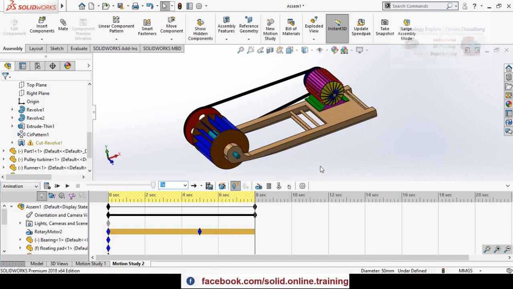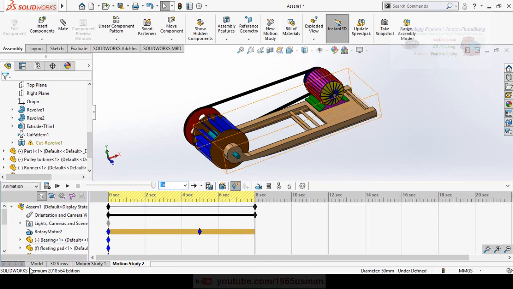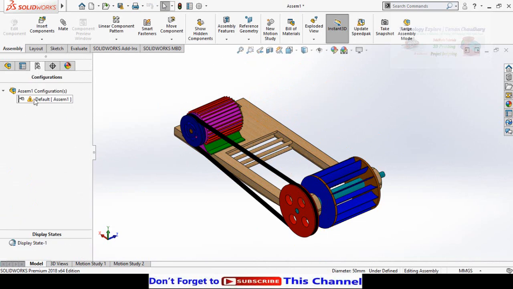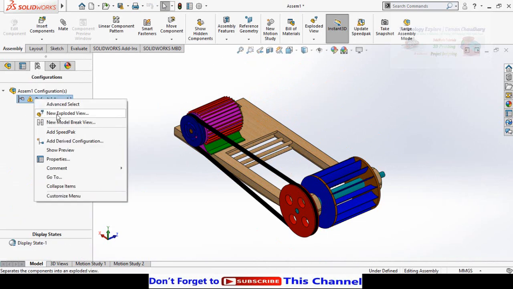So the next step is adding the exploded view animation. For that, click on model here, then go to the Configuration Manager, right click on Default and select New Exploded View.